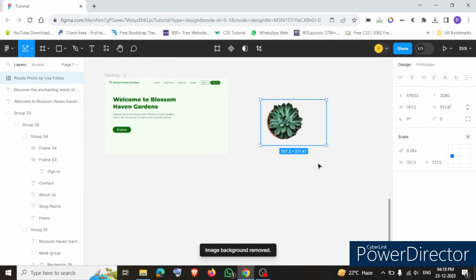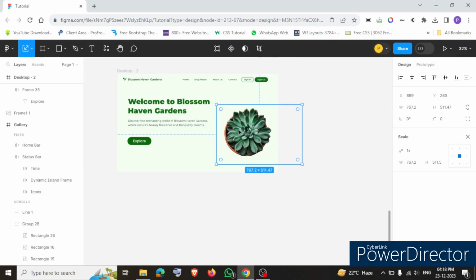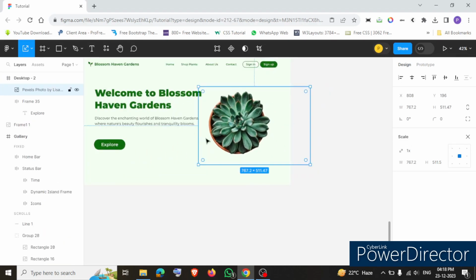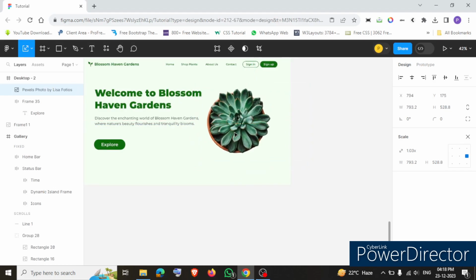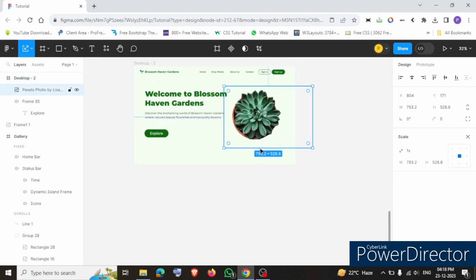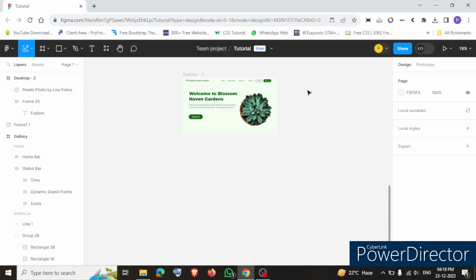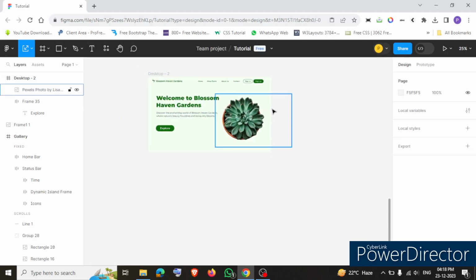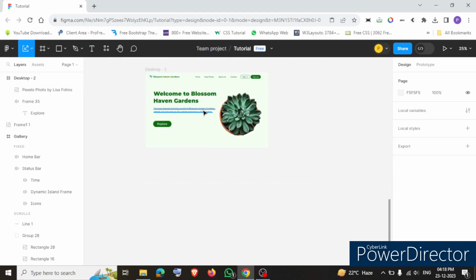See, done. With just a click I have removed the background here. So now you can place it. I'll just adjust the size here a little bit. That's it. Okay, so this is how you can remove background and insert it in your landing pages or any of your